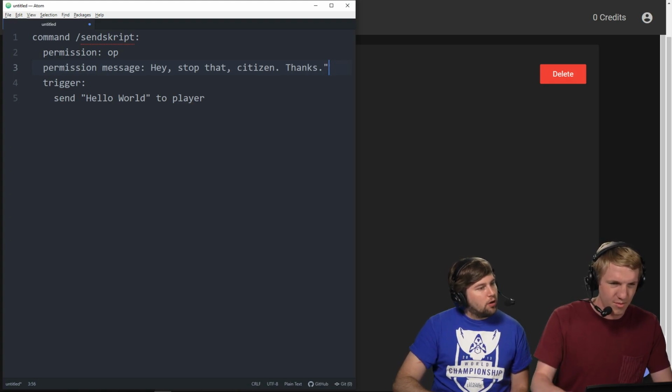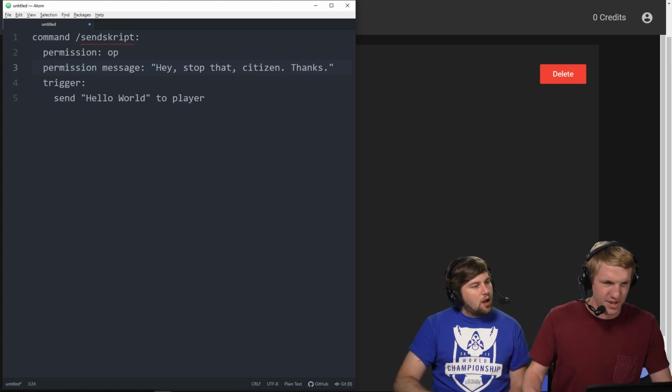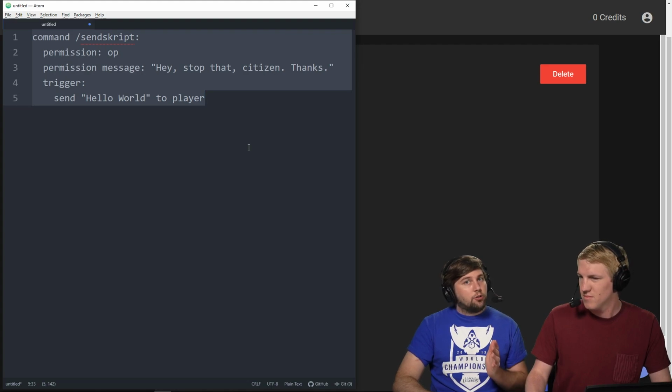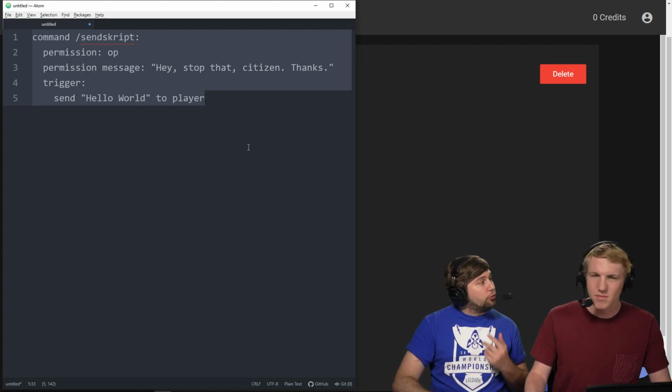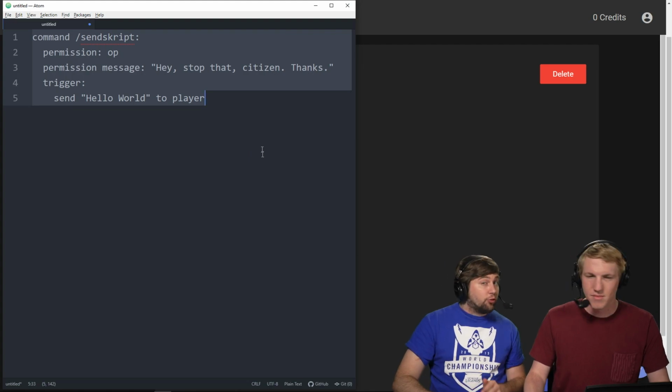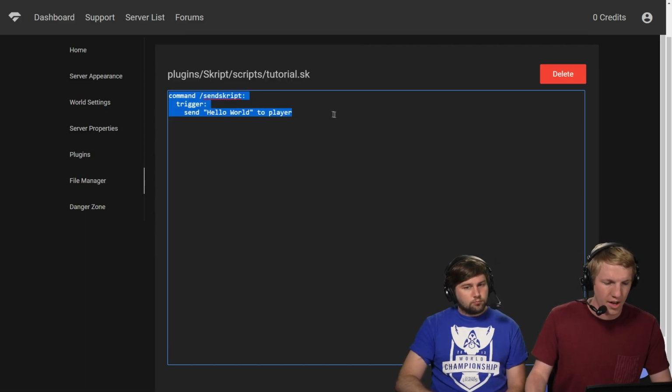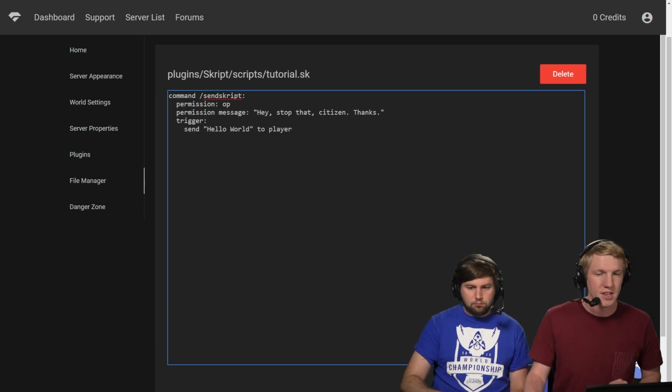And remember, we're going to add quotes around that. There we go. And we are writing this in our own local text program, whichever one you want to use. That way you don't edit it in the Minehut panel. So if you lose internet or if Minehut goes down or your server shuts off, you don't lose your progress. Exactly. So I just copied that. I'm going to highlight all over here, and I'm just going to paste, and then there it is.